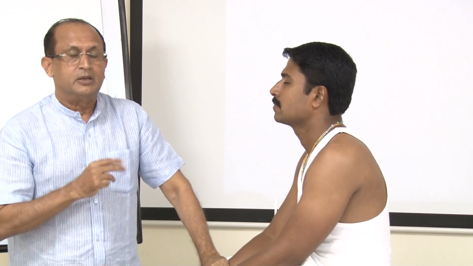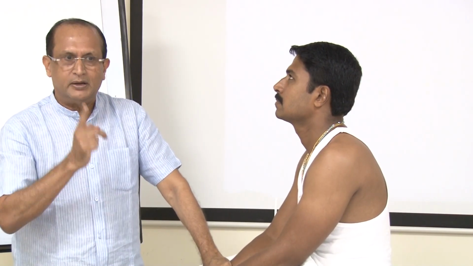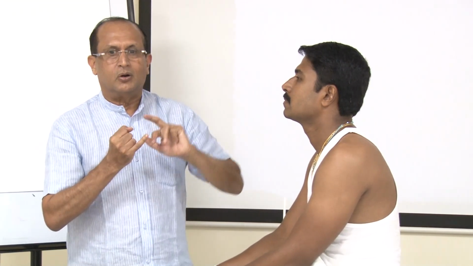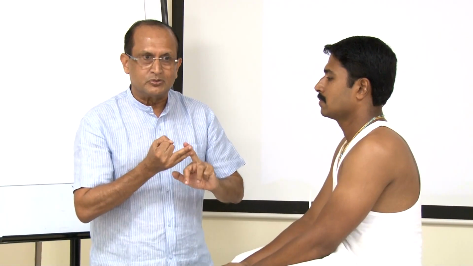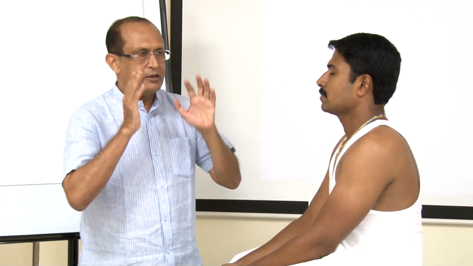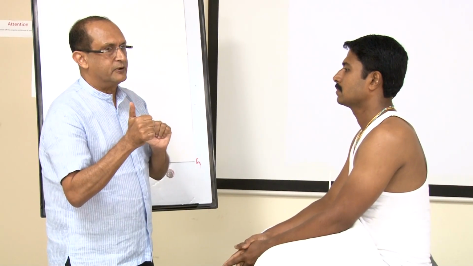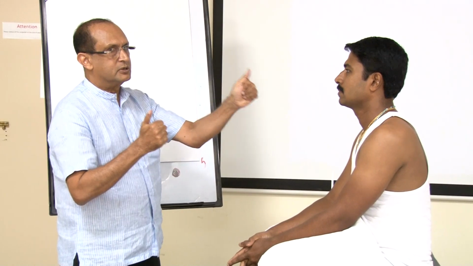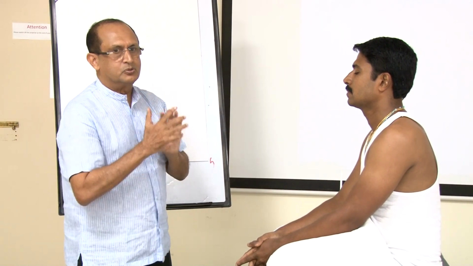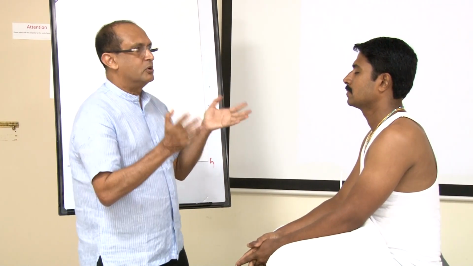Now ptosis can be due to 2 reasons. One, it can be due to Horner syndrome, or it can be due to the 3rd nerve palsy. So whenever you see a patient with a partial ptosis, your task is to find out whether it is really due to 3rd nerve palsy or whether it is due to Horner syndrome. Now what is Horner syndrome?